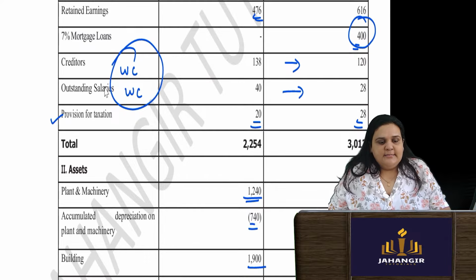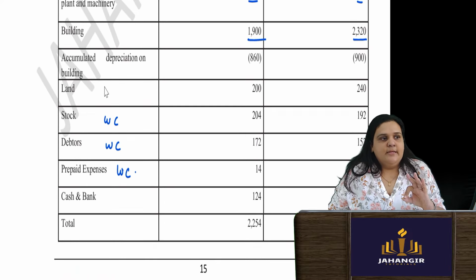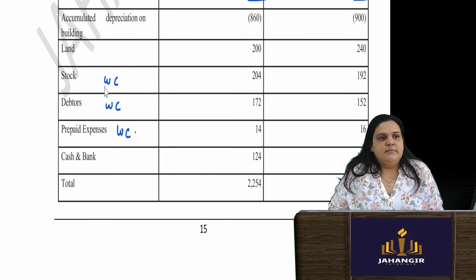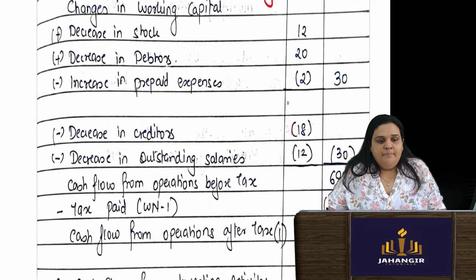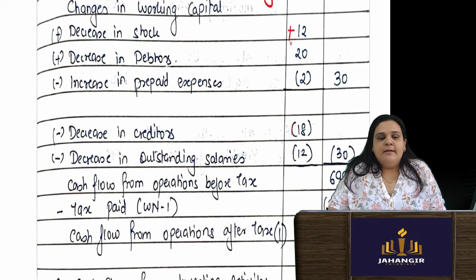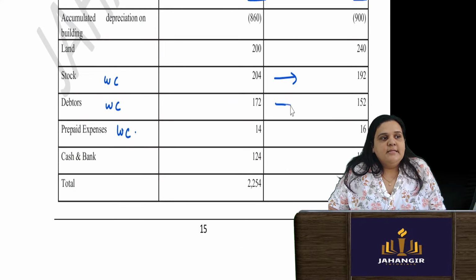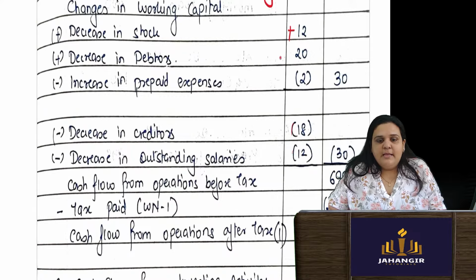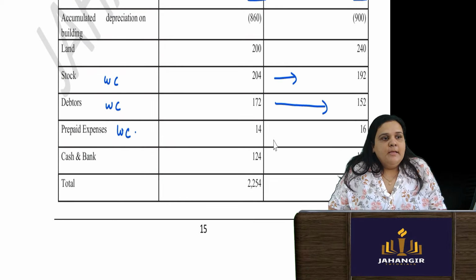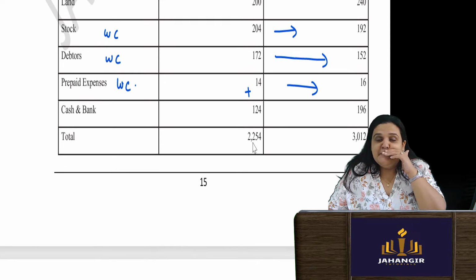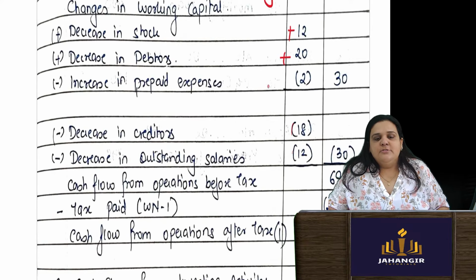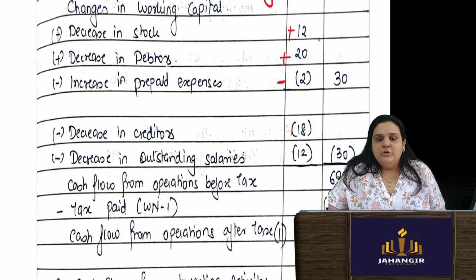In case of my asset side, working capital related three items are there: stock, debtors and prepaid expense. Stock has decreased, asset has decreased. That means I must have sold it, got some money. So decrease in the stock, I will add it back. There is a decrease in the debtors, means debtors have paid me money, I will add it back. Prepaid expenses have increased, that means money has gone out. So therefore subtract 2. So from 698, I will add 30 and I will subtract 30. Again I came at 698.